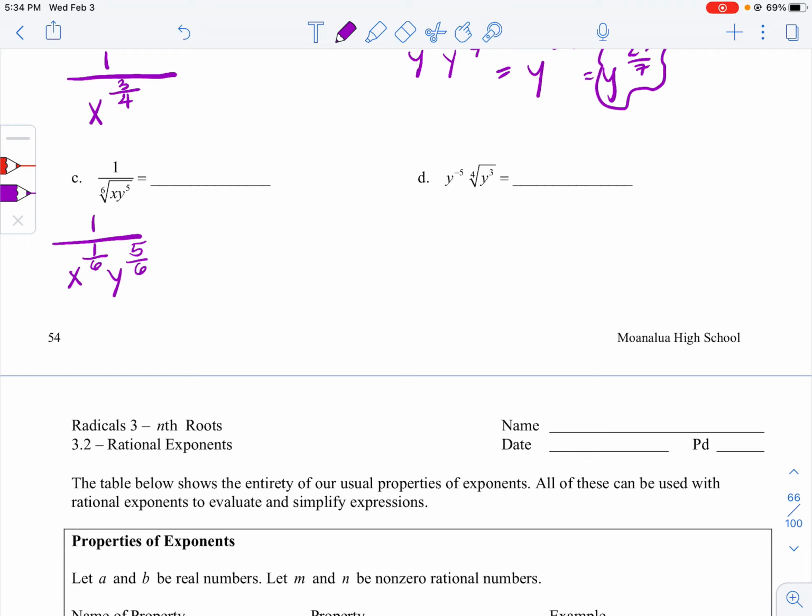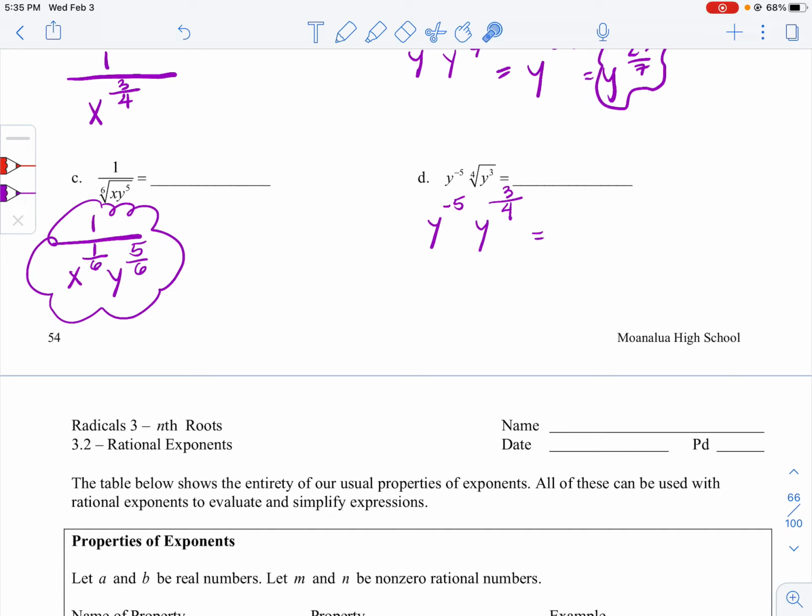Right? And can I still simplify 1 over 6? No. Can I still simplify 5 over 6? No. So my answer is going to be just like that. All done. Letter D. Again, we're dealing with a negative over here, so we have to do something about that later. But for now, let us write that on its own. So we have y to the power of negative 5. Y to the, how many y's do we have? We have 3 y's under a 4th root